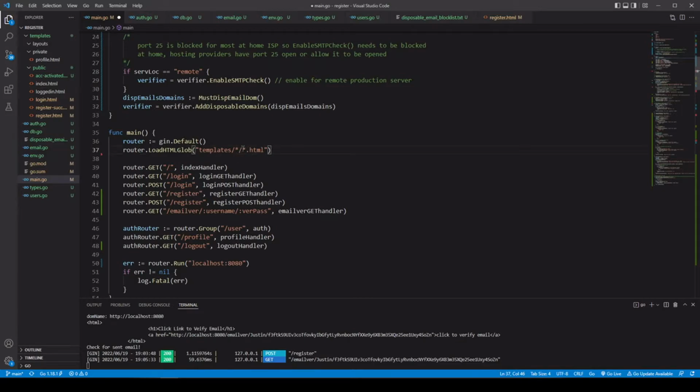And then anything inside of that folder, as long as it ends in .html, it's going to go ahead and parse it. As you can see, everything here is .html, so we're going to be fine. We're not going to go over login because we've already done that one in a previous video. We're going to be concerned with